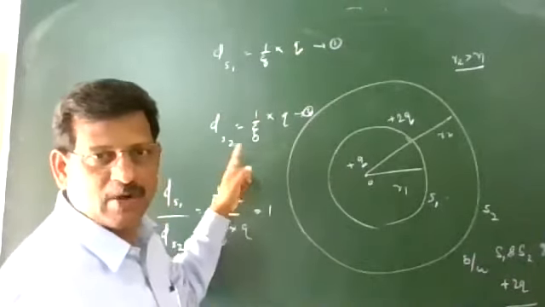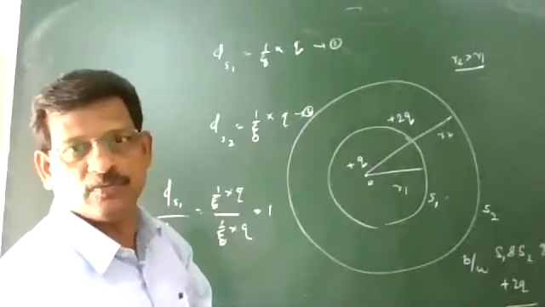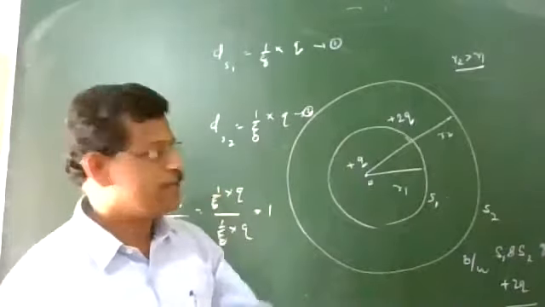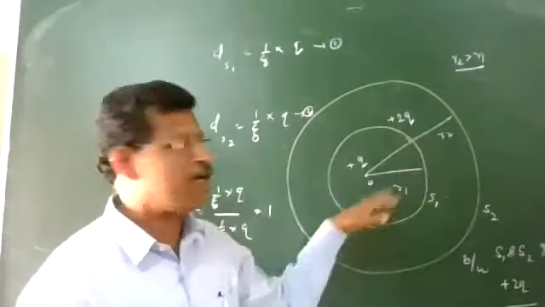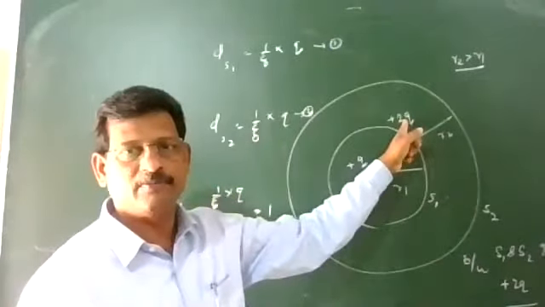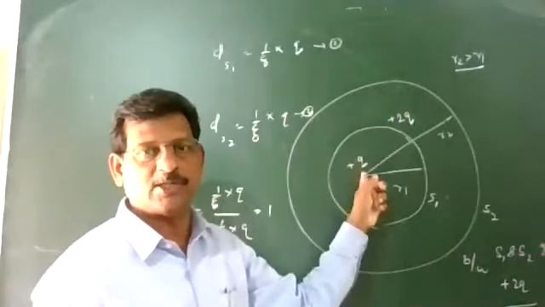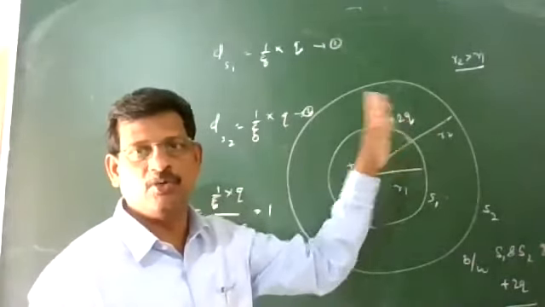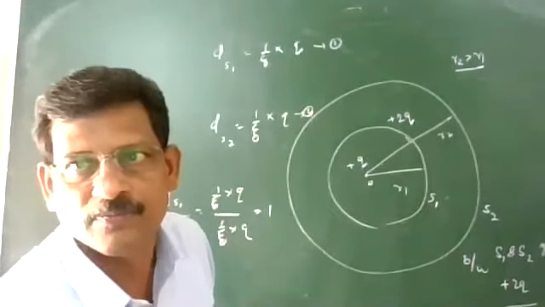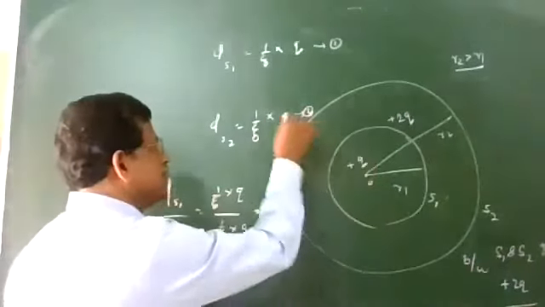Flux through S2 is 1 by epsilon 0 into the charge inside S2. The location of the charge can be anywhere, that is in one point. We can just forget about S1. Inside S2, check the total charge. Either plus 2Q and either plus Q charge. So the total charge will be equal to plus Q and plus 2Q, that is plus 3Q. Total charge plus 3Q, that is inside S2. So here I have to write 3Q.